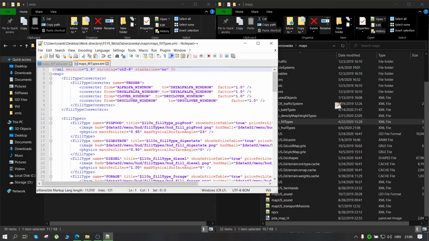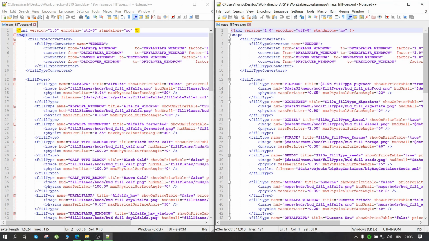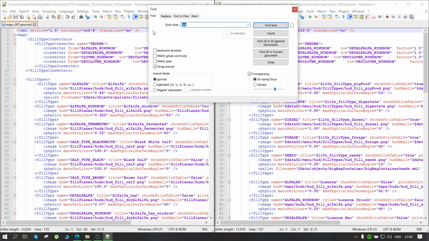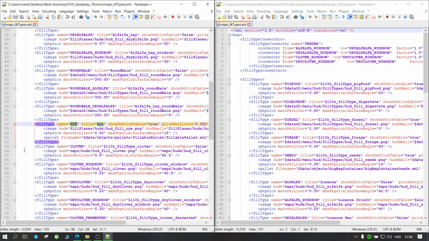I'm going to split it. Here it is. So let's begin. Again, click on top of the file, open the search function, type in the name of your crop, click on find next, and as you can see there is the field type element, name equals rye. There are multiple lines right here. Mark all of them from the beginning to the end, copy it,